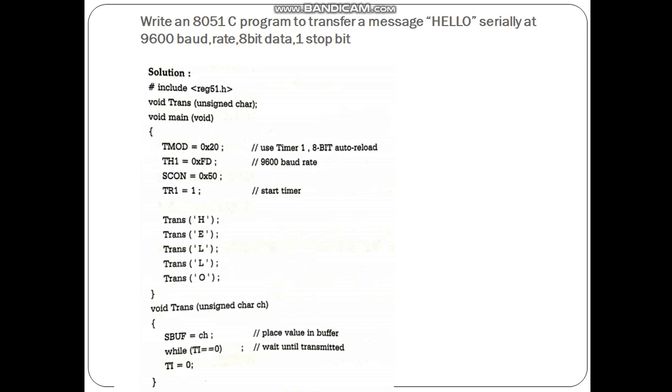Next program, write an 8051 C program to transfer a message HELLO serially at 9600 baud rate, 8-bit data, 1 stop bit. First you have to include the header file, #include reg51.h.